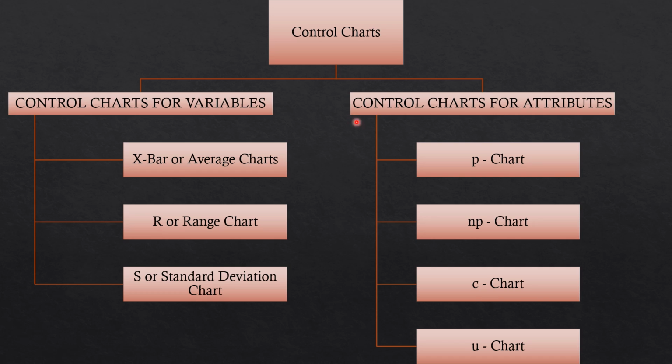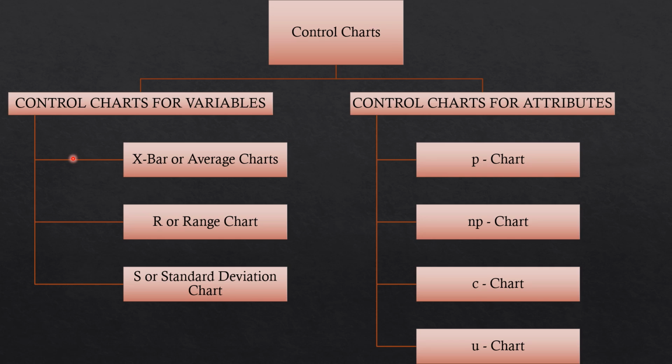Now the control chart for attributes. An attribute is a quality characteristic for which a numerical value is not specified. It is measured on a nominal scale, that is, it does or does not meet certain guidelines, or it is categorized according to a scheme of labels. For example, the taste of a certain dish is labeled as acceptable or unacceptable, or it is categorized as exceptional, good, fair, or poor.